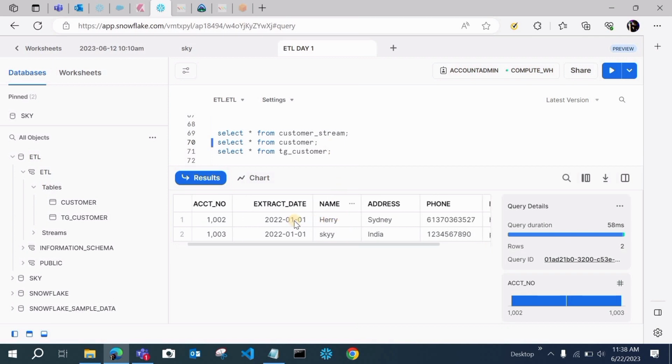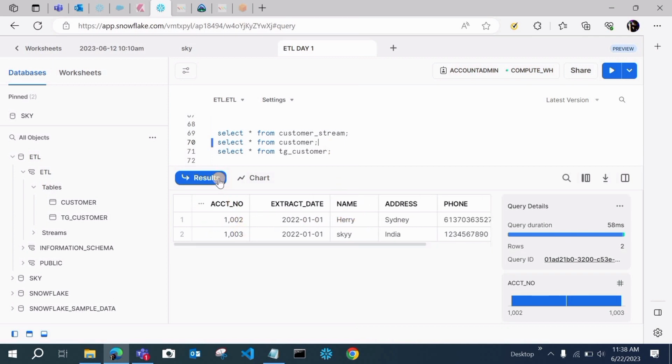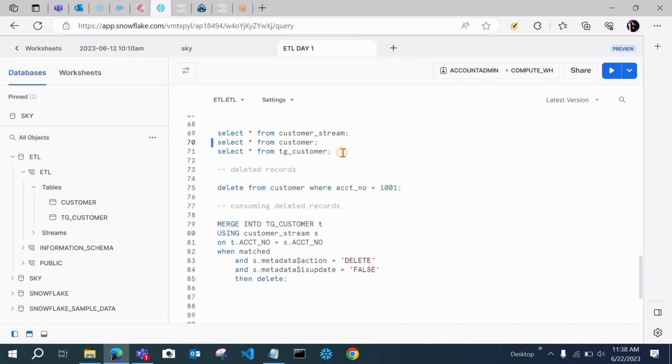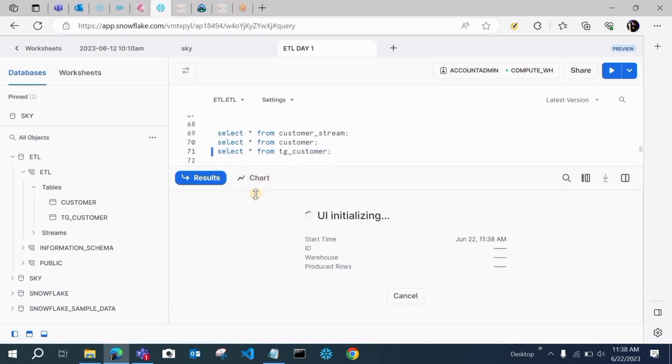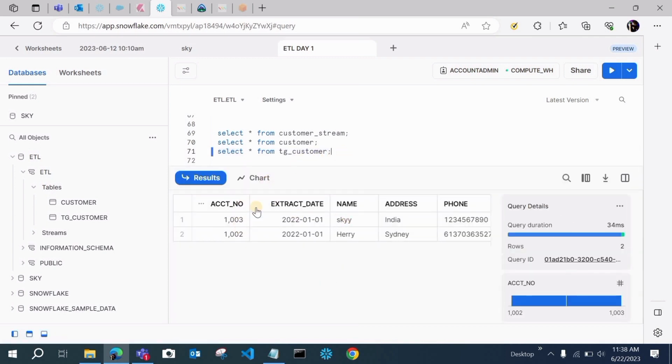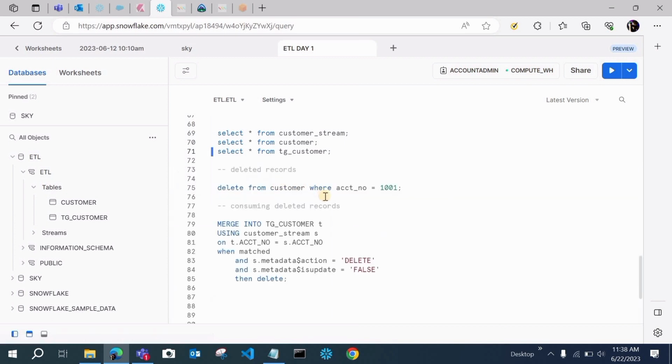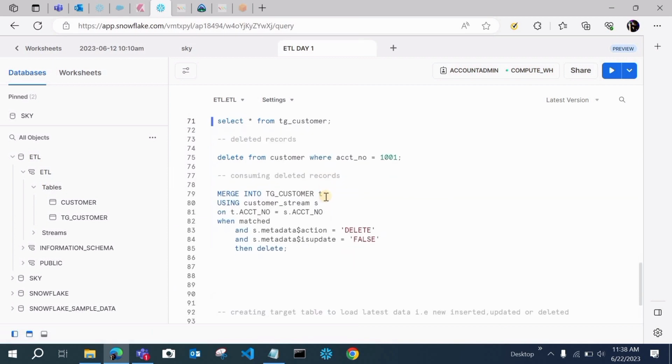Customer is our main table. You can see here also we are having 1002, 1003, and in the target table also we are having 1002 and 1003 for Sky and Harry. Okay, so this is the thing which we have done, means we have done the insertion, we have consumed the